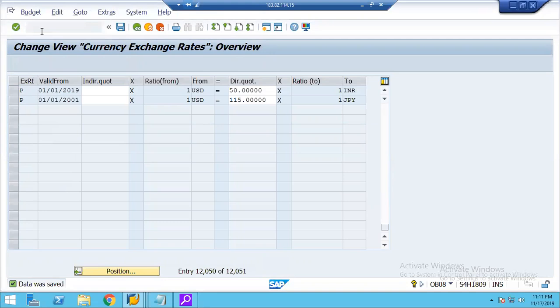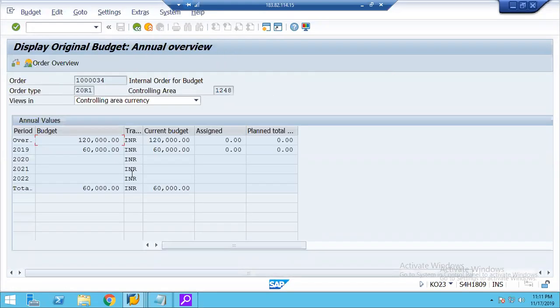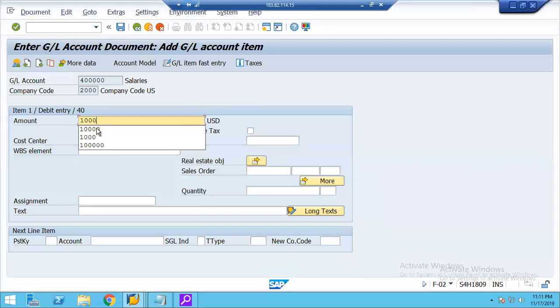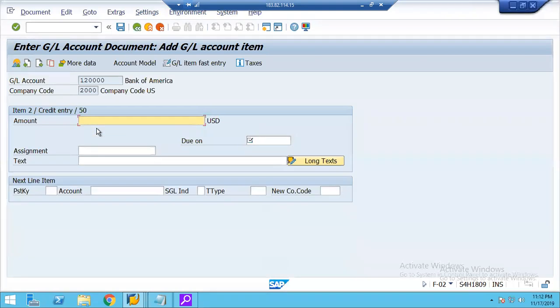KO 23, I think, right? Yeah, 60,000 we didn't mention. It means more than $1,000. So let me put $1,000 over here, and I will enter the internal order. So 1,20,000